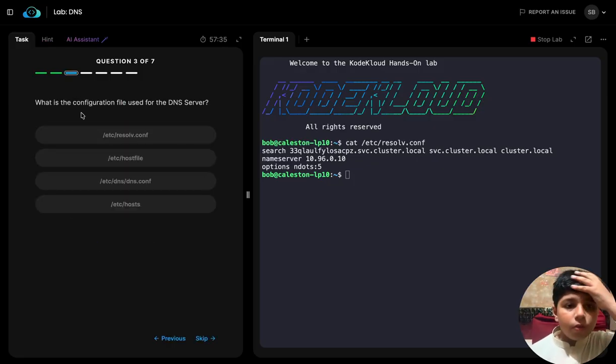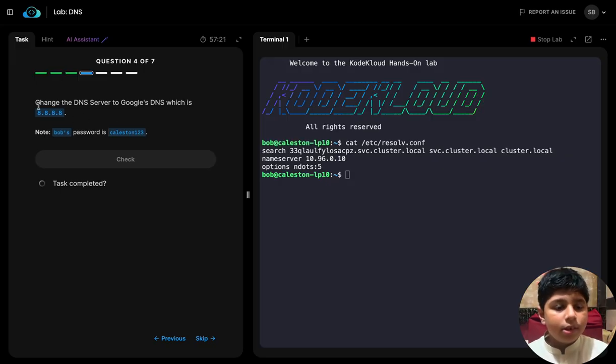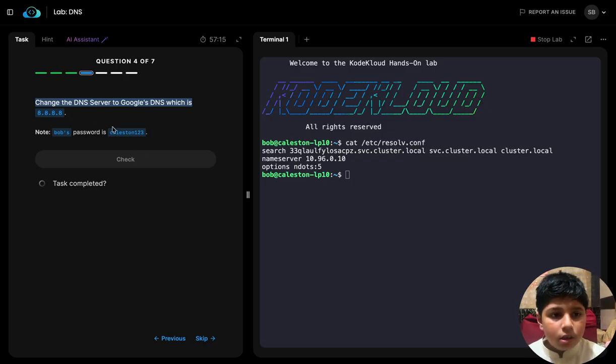What is the configuration file used for a DNS server? The configuration file is /etc/resolv.conf. Change the DNS server to Google DNS, which is 8.8.8.8. So that we